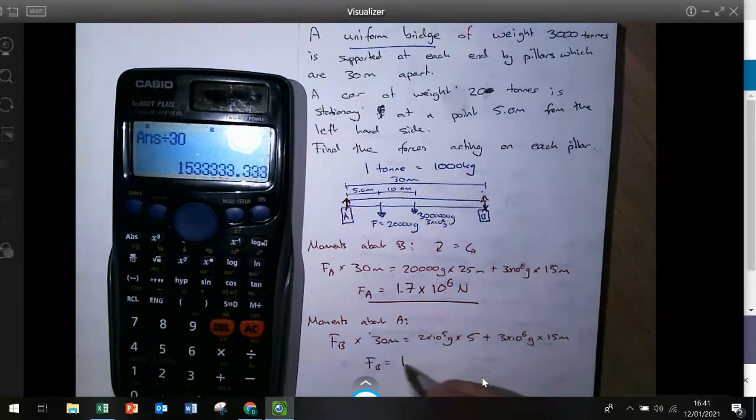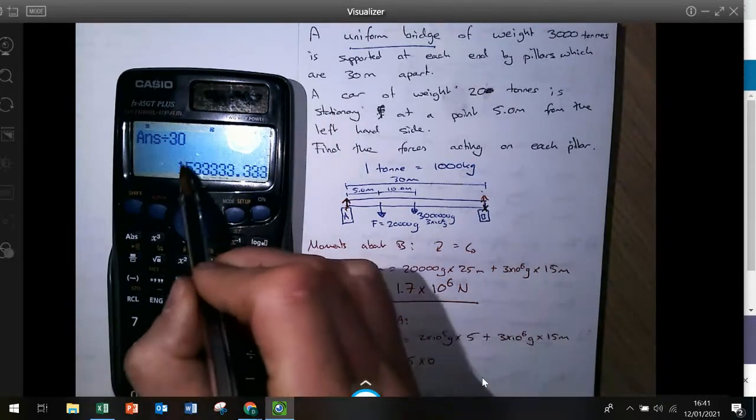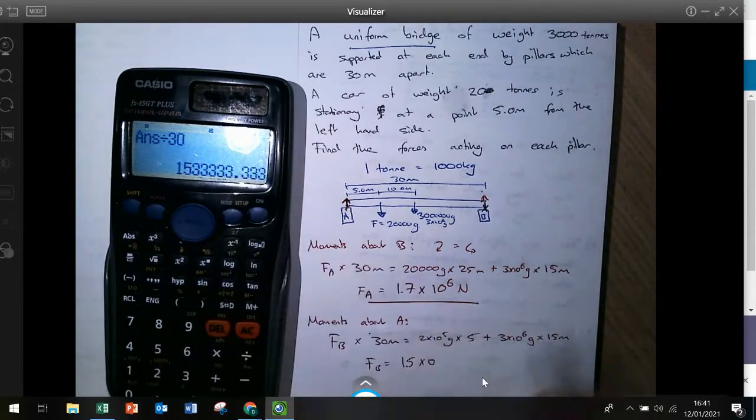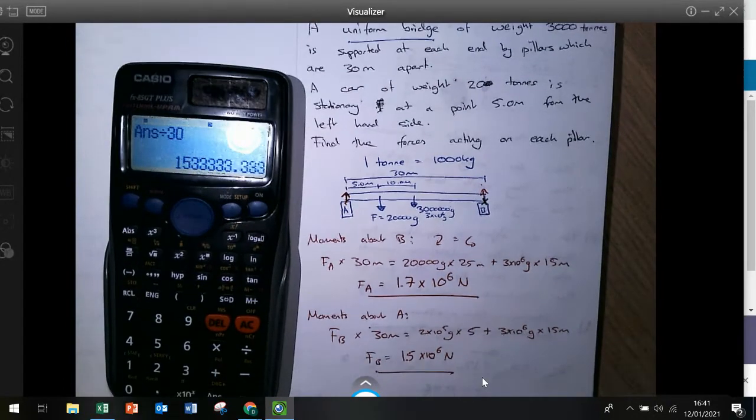And we get 1.5 times 10 to the 6 newtons. Now we can do one final check to make sure we're okay, because if we have some object